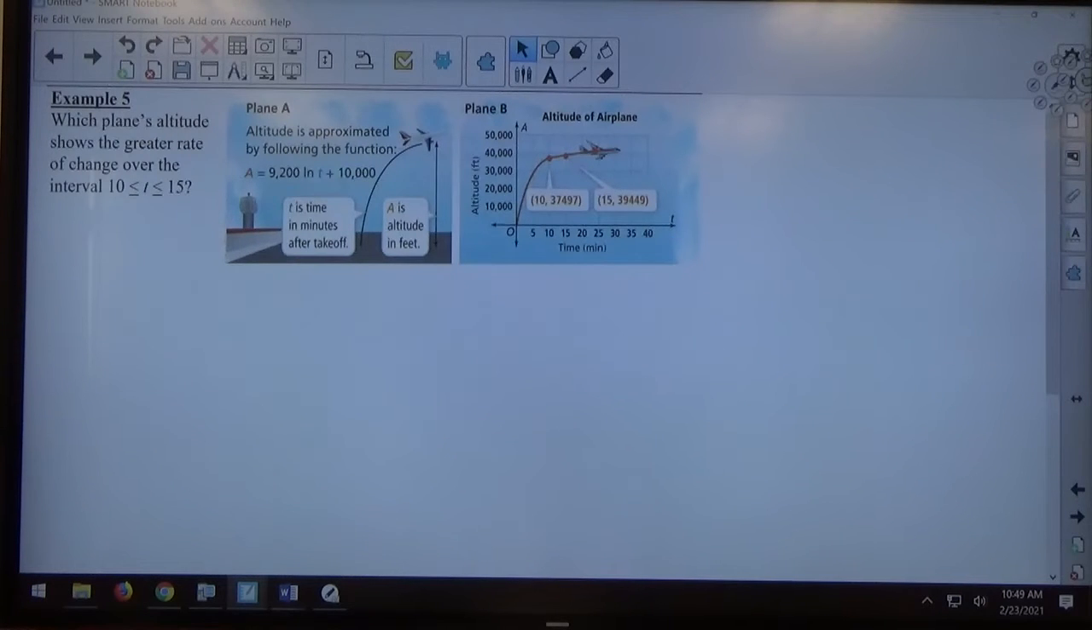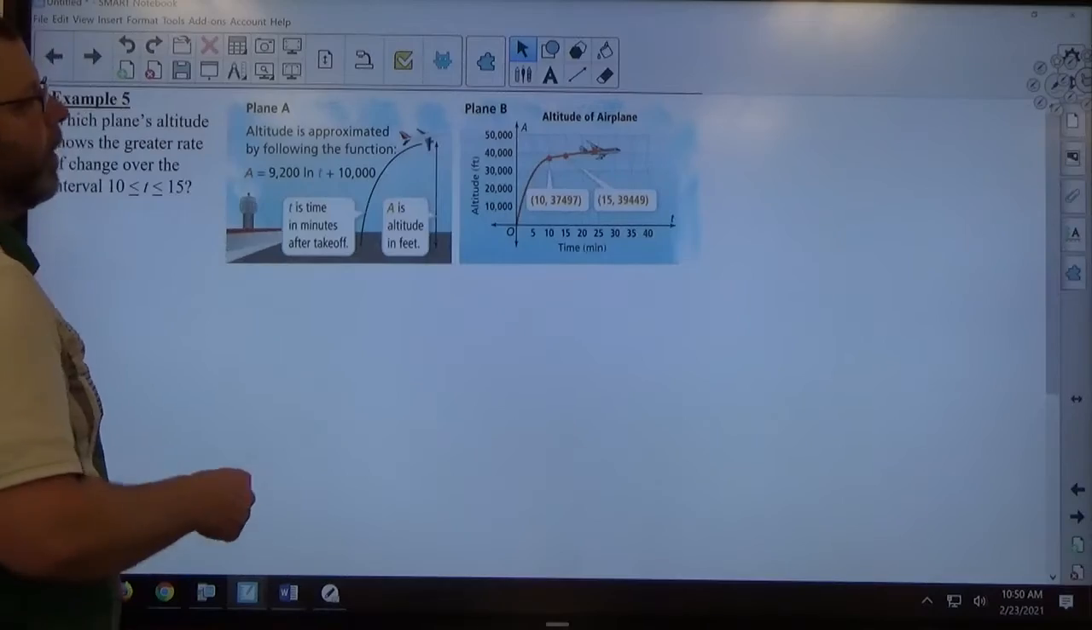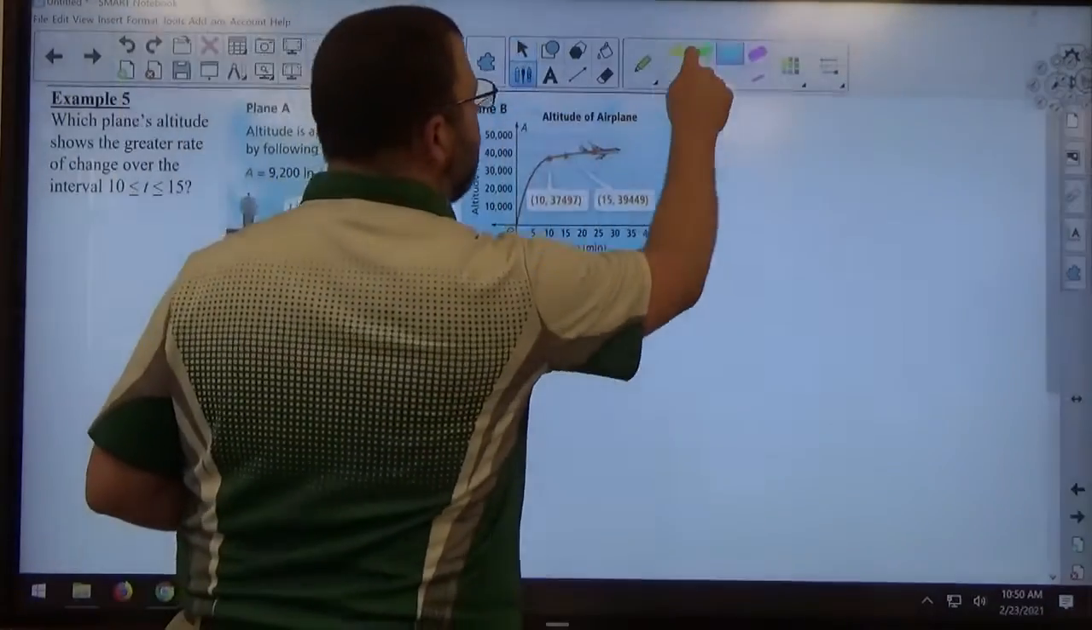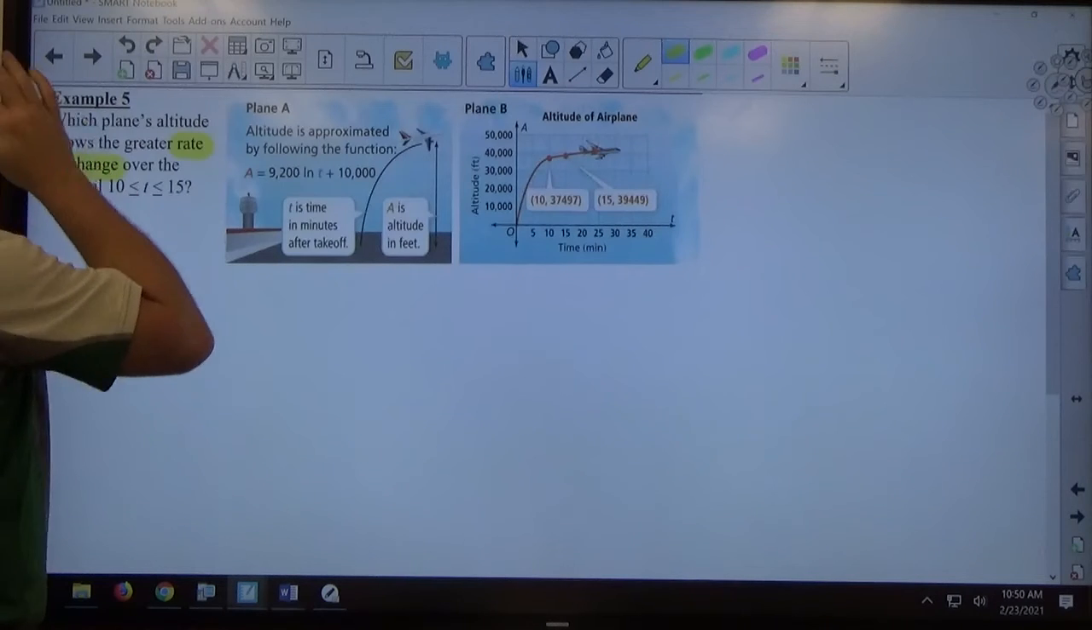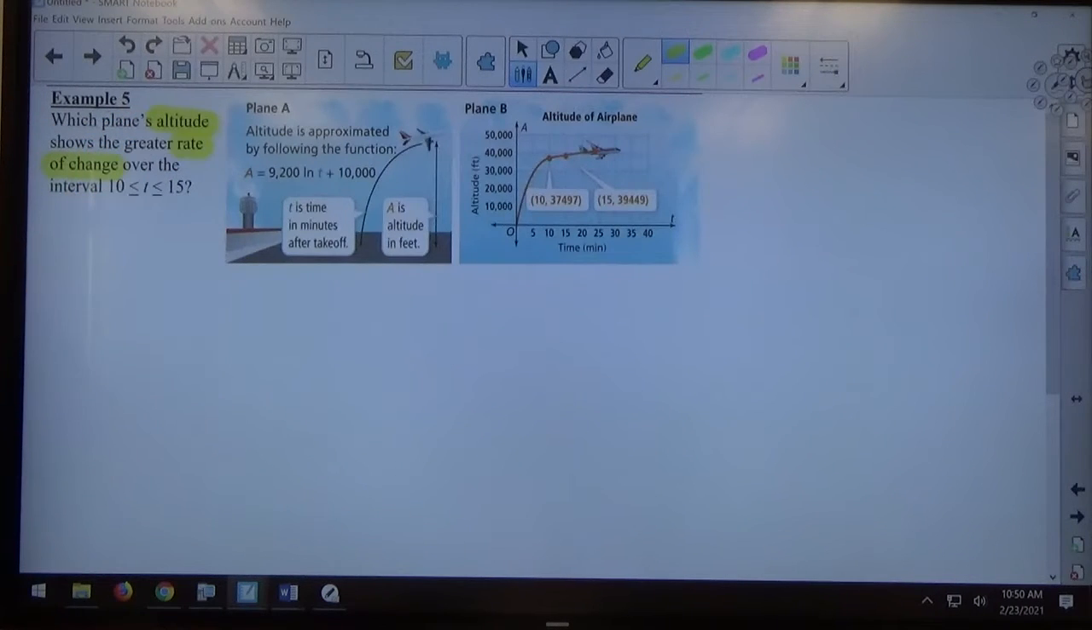Okay, so for example 5, it says which plane's altitude shows the greater rate of change over the interval of 10 less than or equal to t less than or equal to 15. So let's focus on the words rate of change. Rate of change of altitude. They're talking about the altitude of these planes, the height the plane is. Rate of change in general